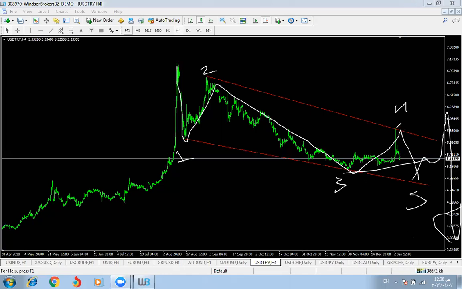We can go short. This is our limit for selling the dollar against the Turkish lira. This is the top of the spike, and then we have to go to lower values for the Turkish lira before making another correction to the upside, before the Turkish lira gains more strength. So if you want to buy the Turkish lira for the long run,